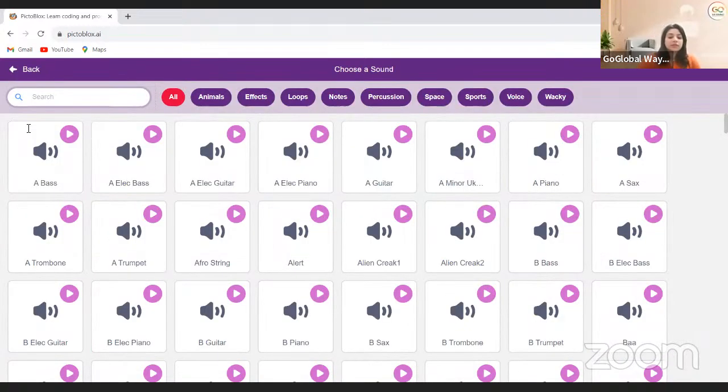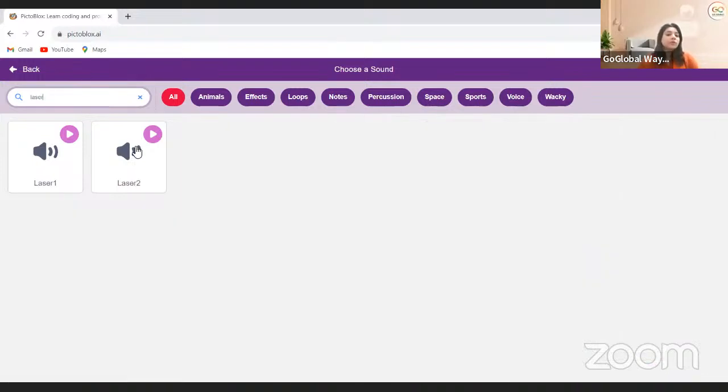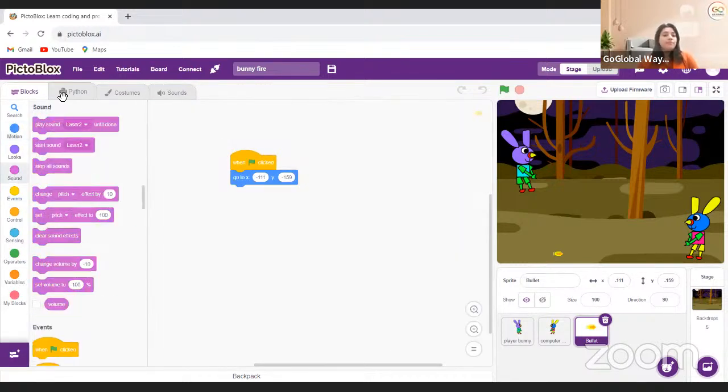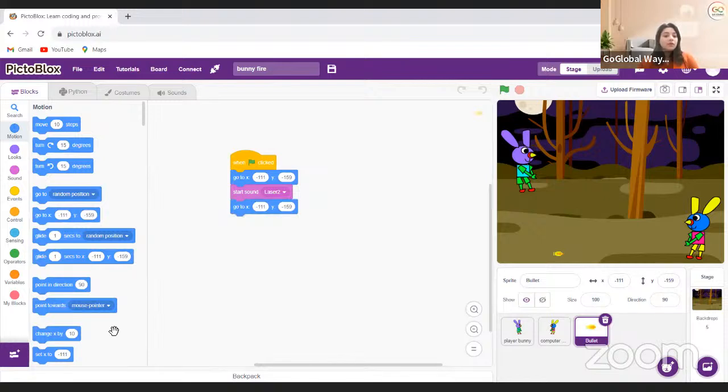So I will pick laser sound for this bullet. I'll take laser 2. I'll take start sound laser and take the go to X and Y block from the motion and